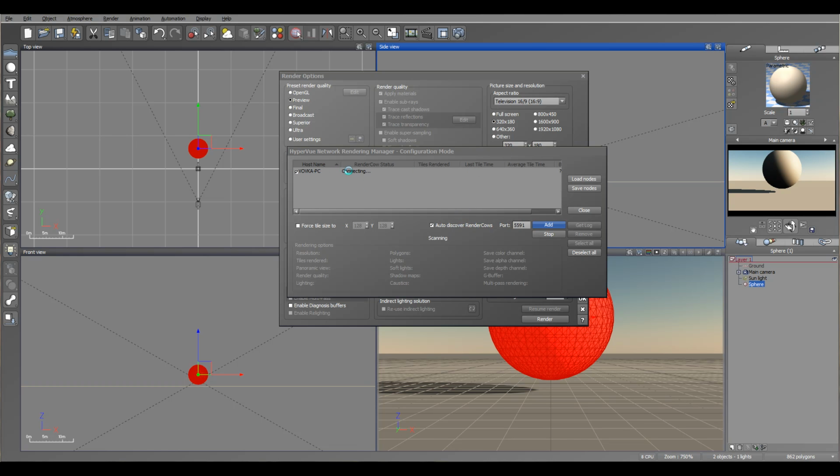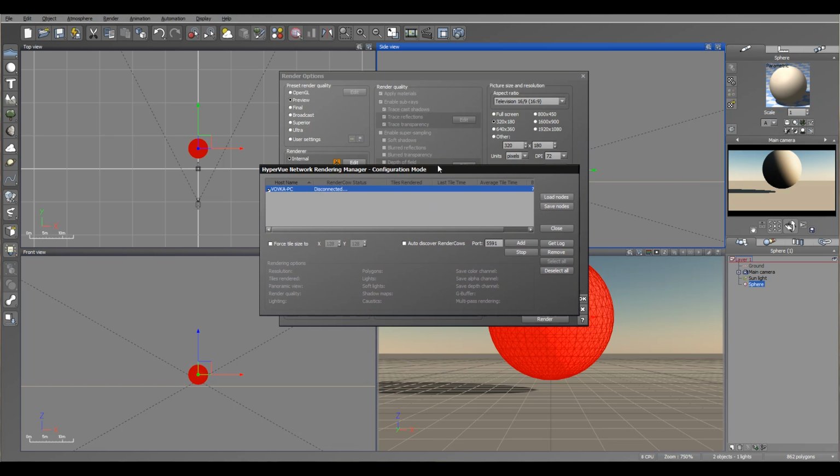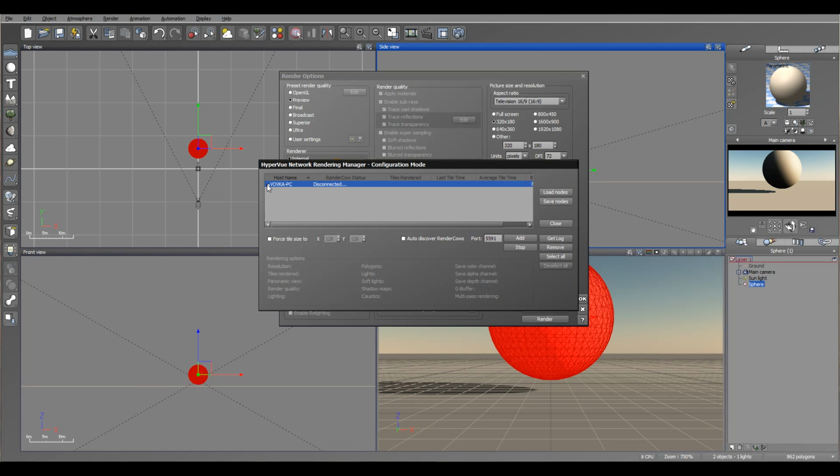You can see right here it's found my Render Cow on the same machine. It takes a little bit of time because right now there's a conversation going on between them. I'm pausing right here, and right here we have it. It's trying to establish a connection. Also, what is nice, okay, it disconnected because it's on the same machine, but you will notice, okay, right here,